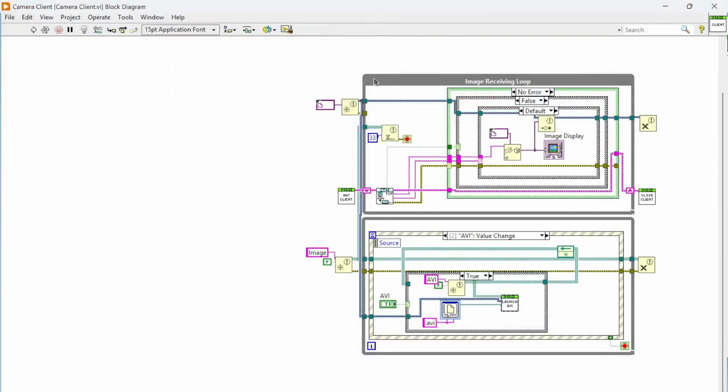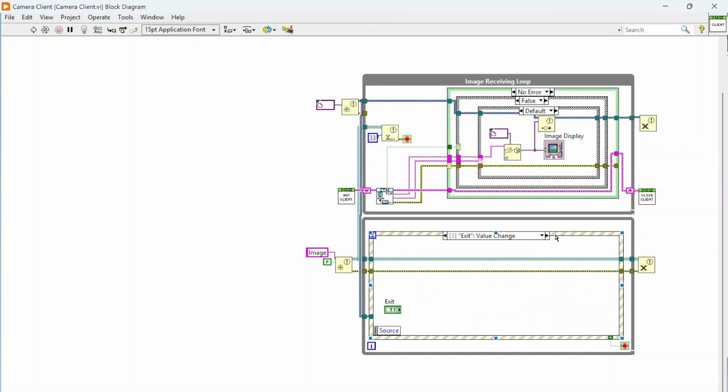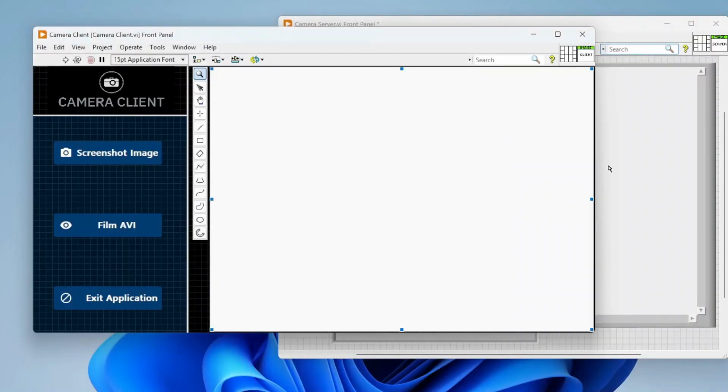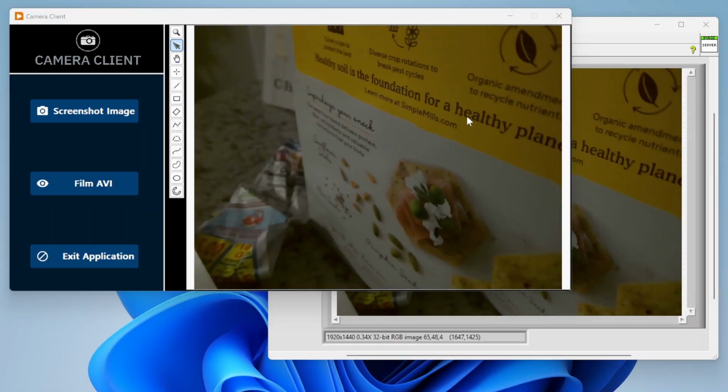So there's that. And yeah, we just got exit, and that shuts this down. So that's kind of the code. Let's